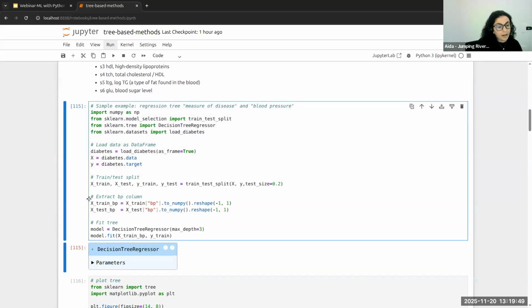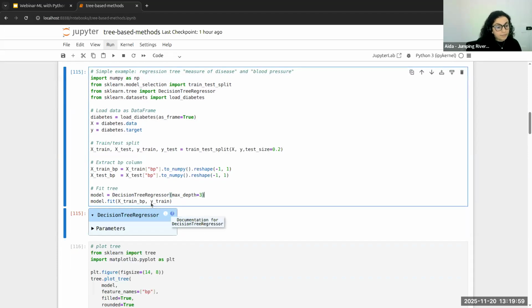So yes, I extract the blood pressure column, and then I fit a tree. I fit the tree using the decision tree regressor. And then I build this model object, where I've got the fitted model. I decide that in this tree I should use 3 nodes, and we are going to visualize that immediately by just plotting the tree.